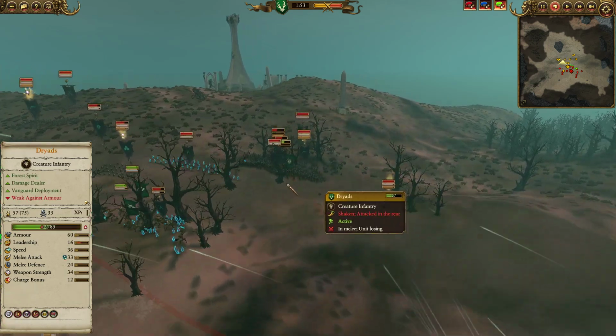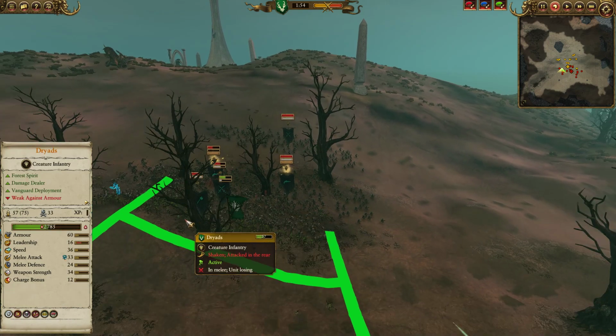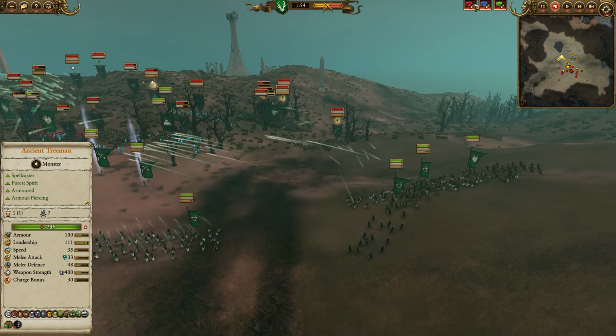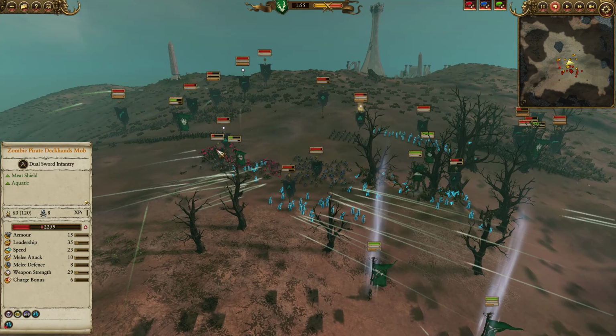These Dryads over here are holding their own against a horde of enemies. There's pirate handguns, pole arms, zombie pirate deckhands, all of these deckhands mobbed and tied down by single Dryads. So that's a huge win. Over here, these Dryads are going to be able to bog down this flank. In the meantime, our Withering Fire from all of our archery is actually going to be collapsing on the Knight